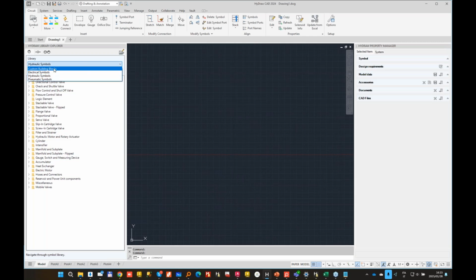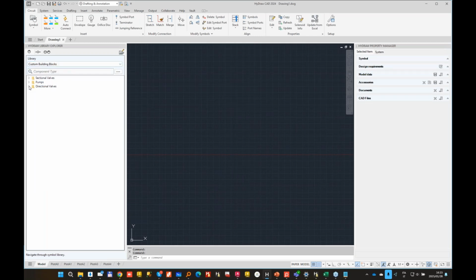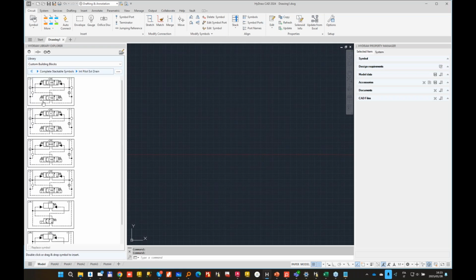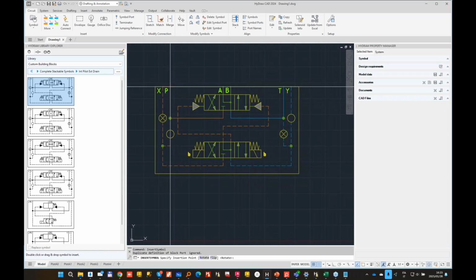I go to my custom building block library. I go to my directional control valve, the complete stackable symbols. I want to take an internal pilot external drain. This one, I want to insert it. So I decided to leave the